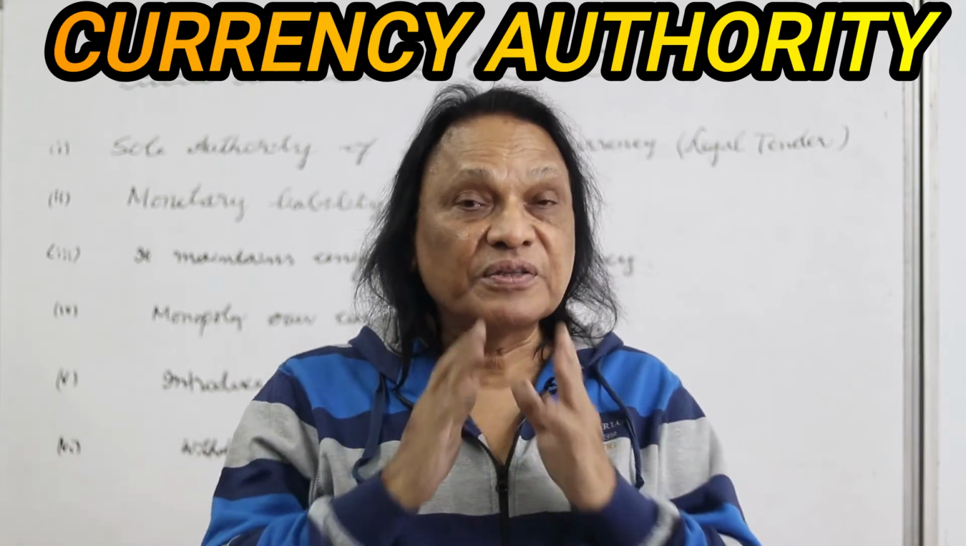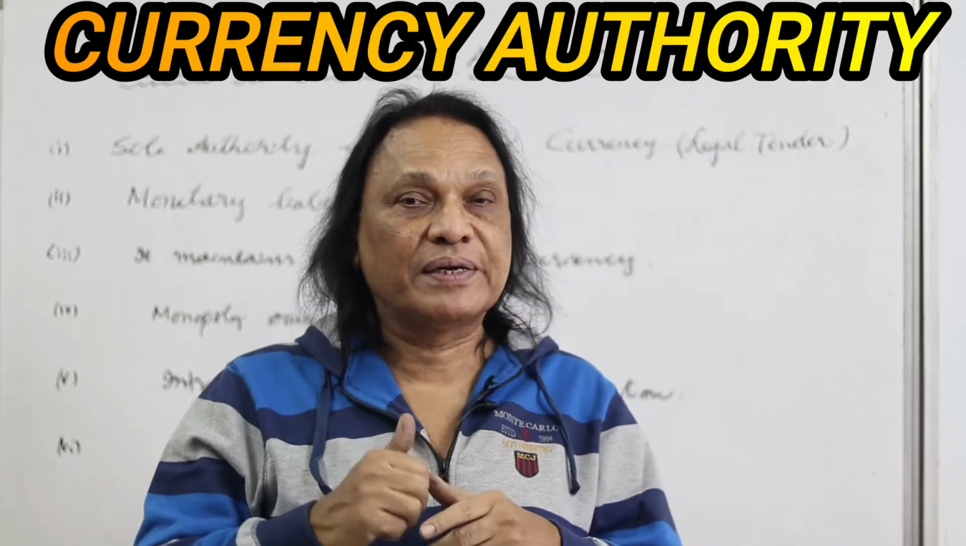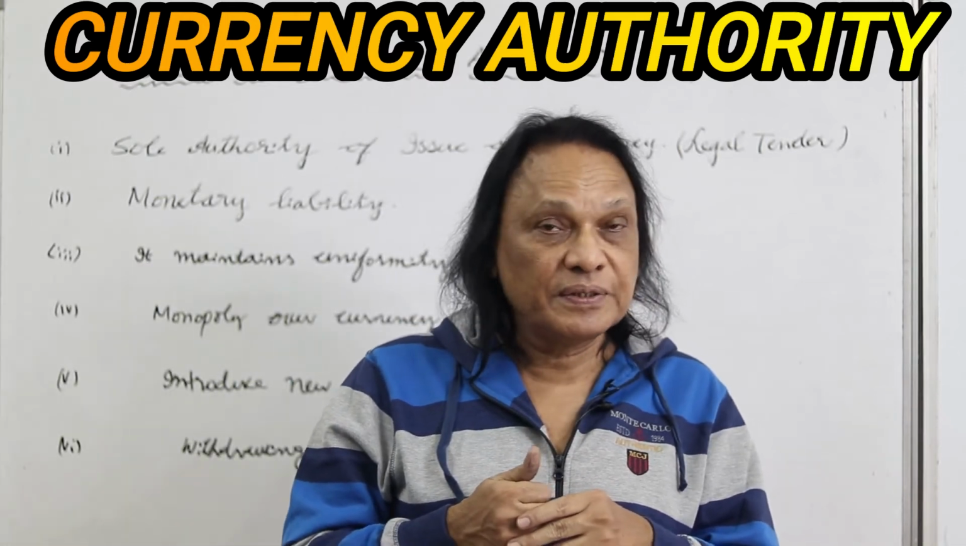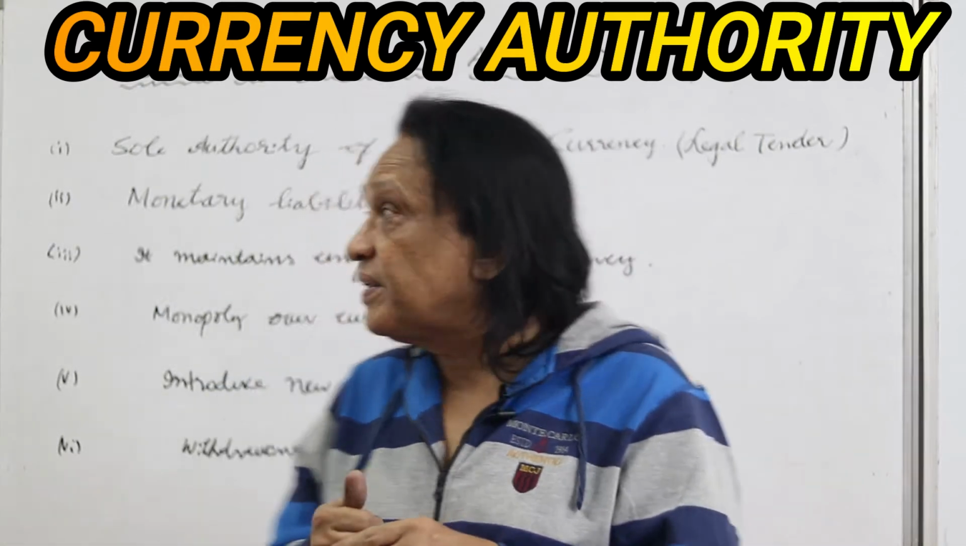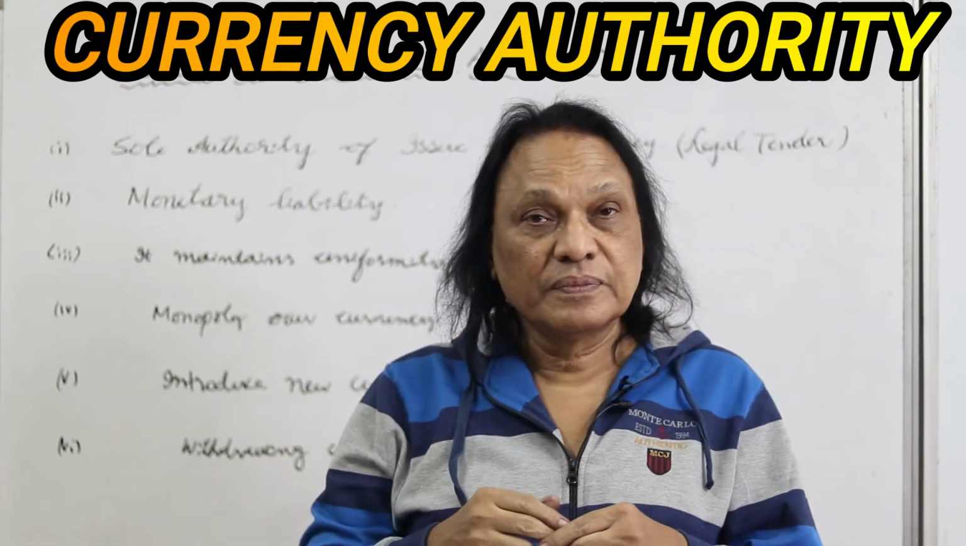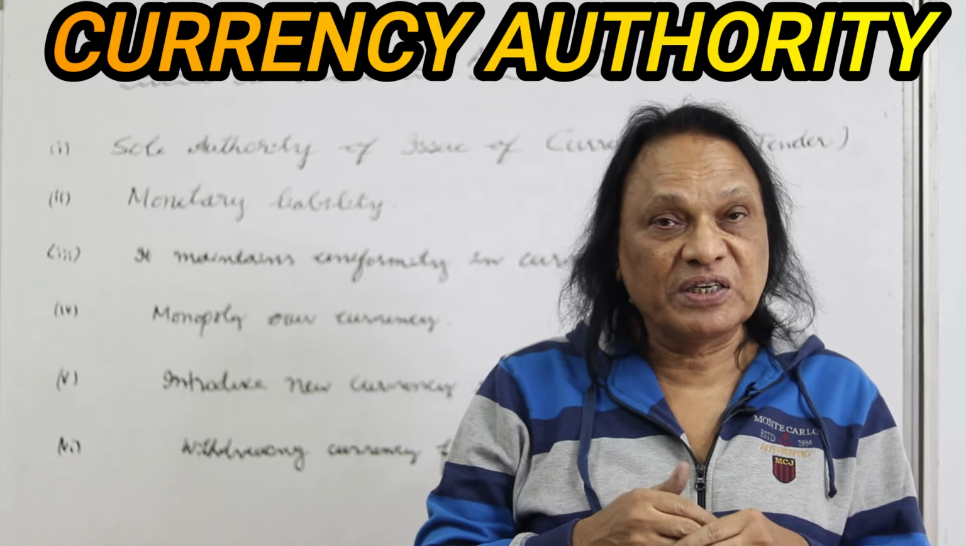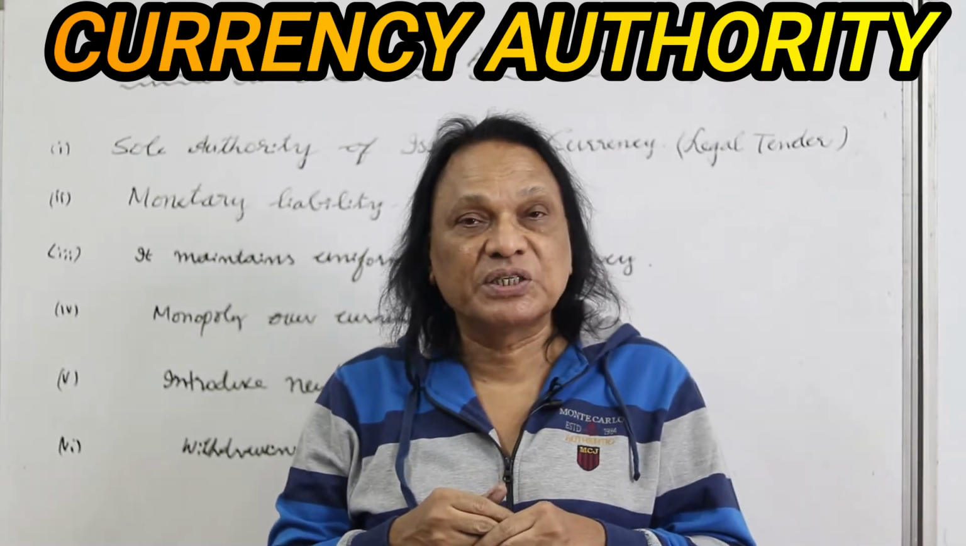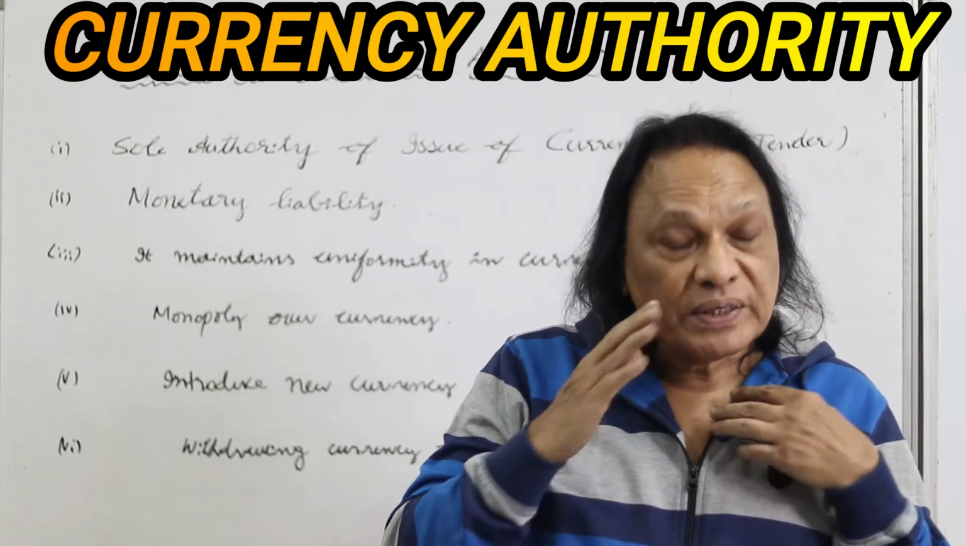Today we discuss the first function of the central bank, that is monetary authority, issue of currency authority. So this is the first function of the central bank, issue of currency authority. What it means,